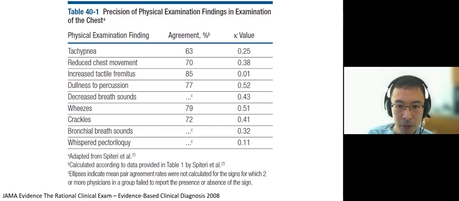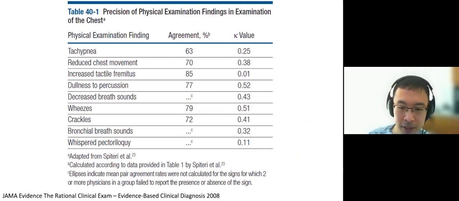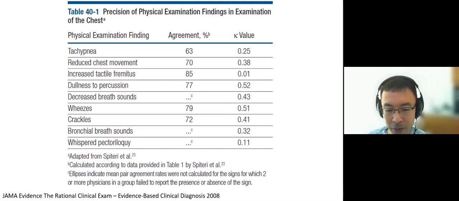So now that you know which physical exam findings are useful for diagnosing pneumonia, the next question is, can we actually trust ourselves to detect these findings when they're actually present? So sadly, the answer is no. So clinicians can't seem to agree when the finding is present or not. So on the far right, you've got the kappa value. It's a measure of the level of agreement among clinicians. And unfortunately, most of the physical exam findings have a kappa value of less than 0.5, which means at best, there is a weak level of agreement. So if you auscultate crackles, I might hear wheezes. So who's right, who's wrong?